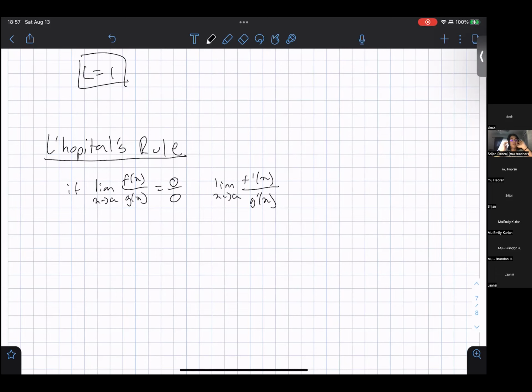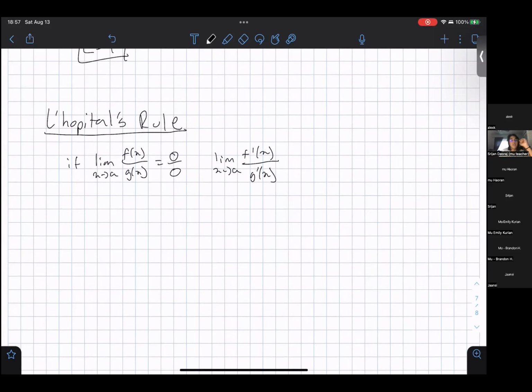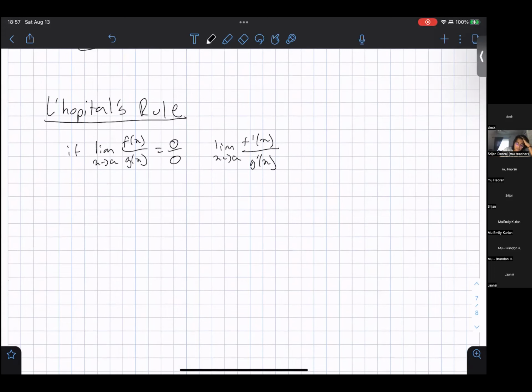And this is surprisingly really, really powerful, because for example, if we want to solve the limit as x approaches 0 of sine of x over x, then if we were to just plug in 0, we get 0 over 0,